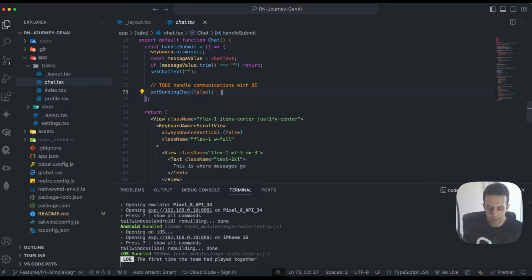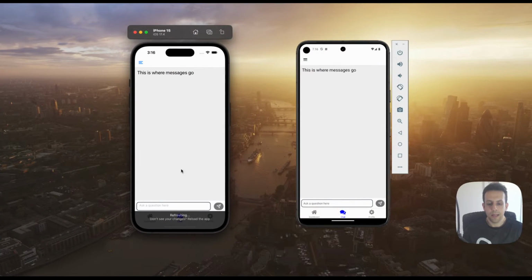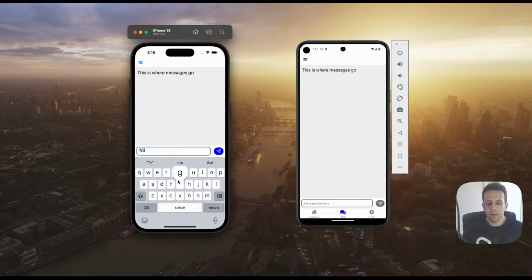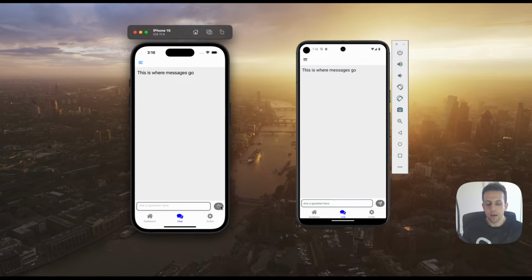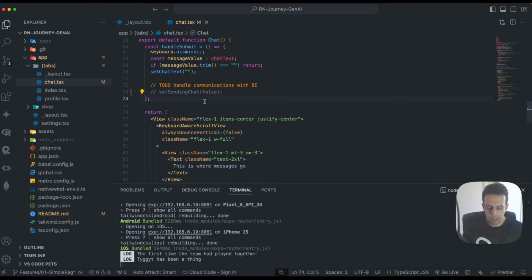If I, for example, comment this here, set sending chat false, comment that out, and then I start typing while we are sending things to the backend, it's gonna be showing this loading animation here, and once we get the result back, it's gonna show here, and that's gonna stop, basically going back to this default state. So for that,